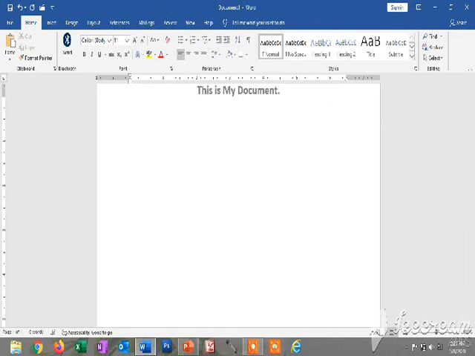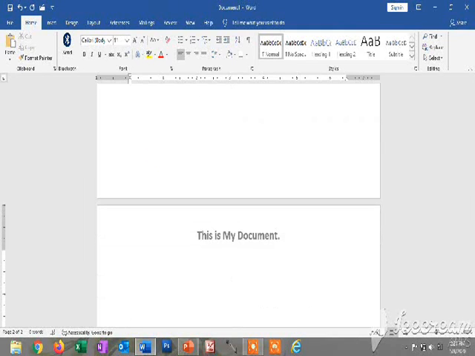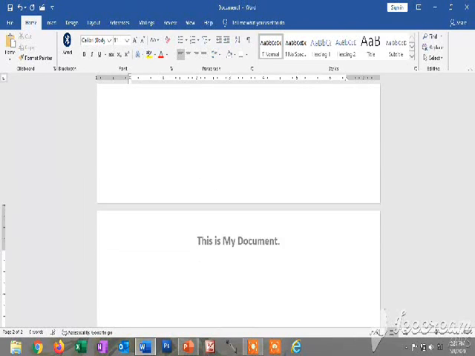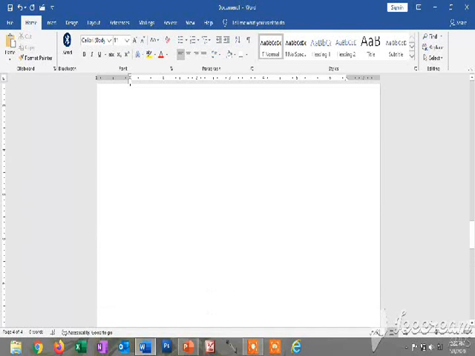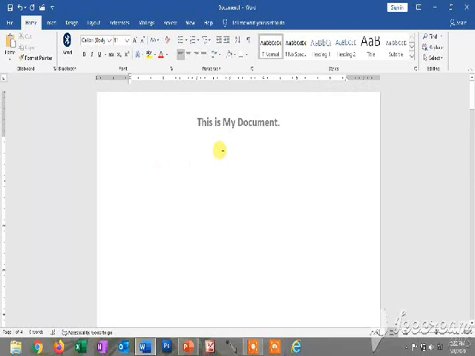Now you can type the paragraph. Now this heading, my document, is displayed on every page. If you are writing 100 pages, 1000 pages, this heading will be displayed on each and every page. A header can be applied before writing the paragraph or before starting the document. You can also apply it after writing the paragraph. So this is the example of a header.